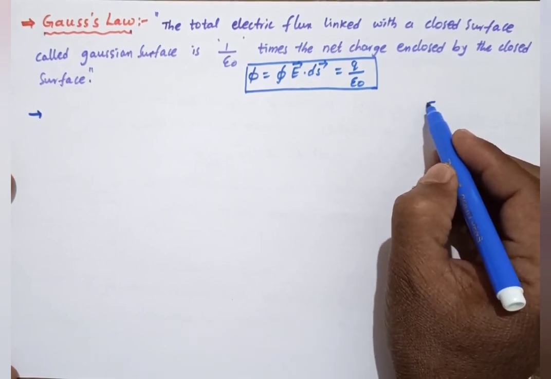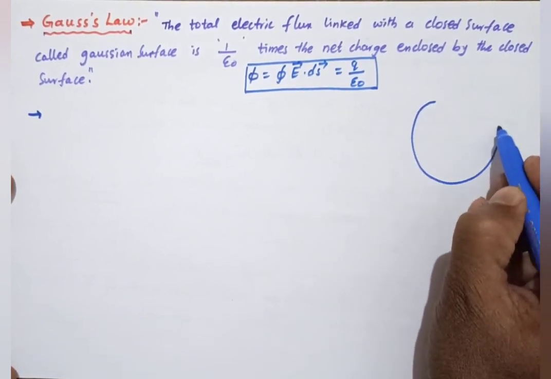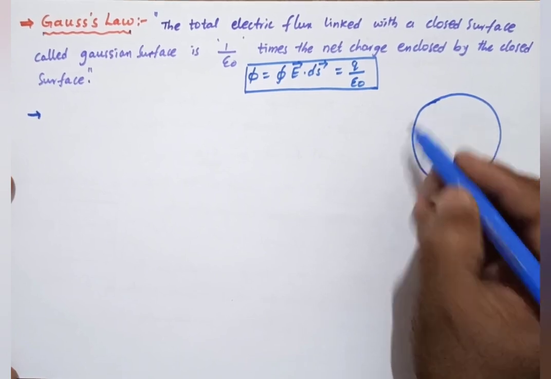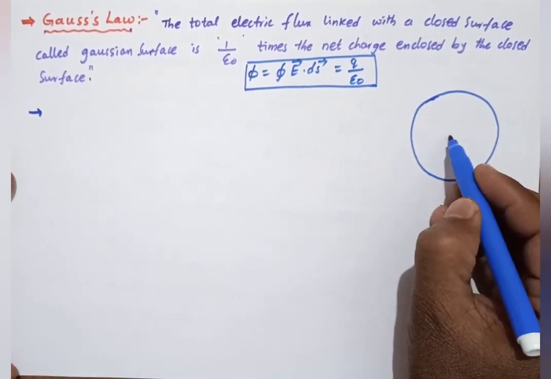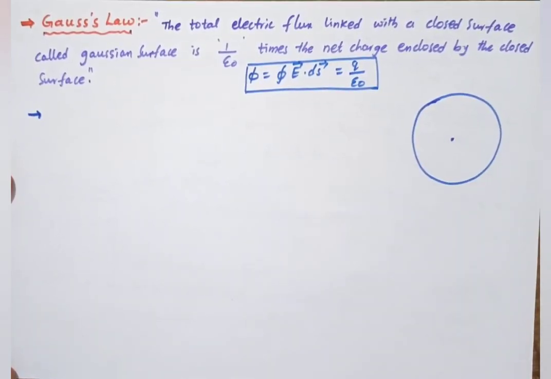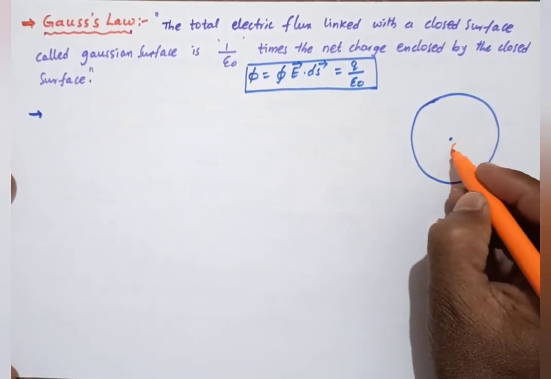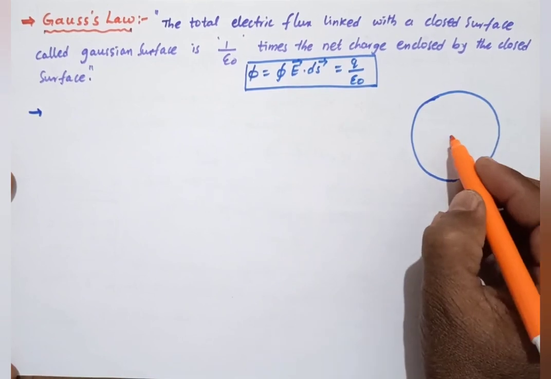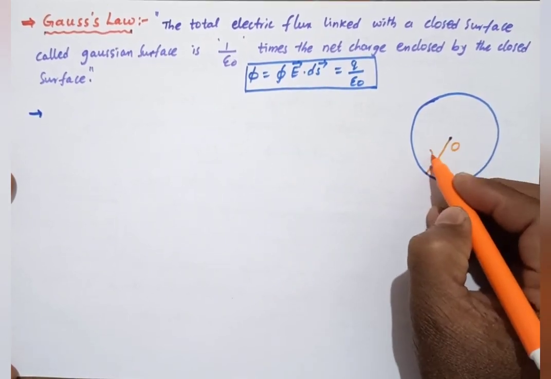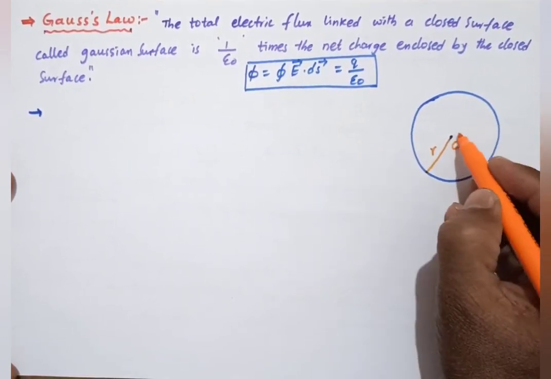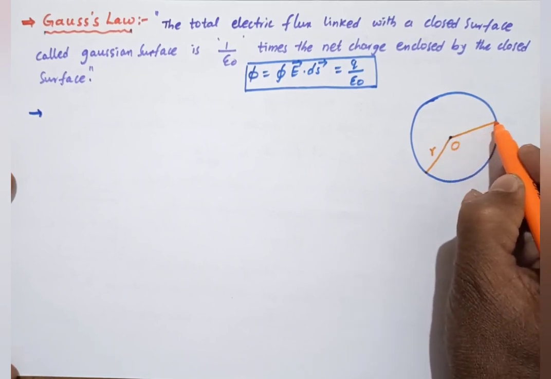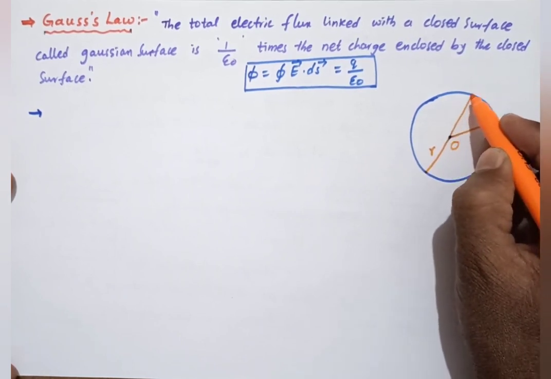We consider a closed surface, a sphere. For example, the sphere center is point O, and the radius of the sphere is r. So we consider here a surface,